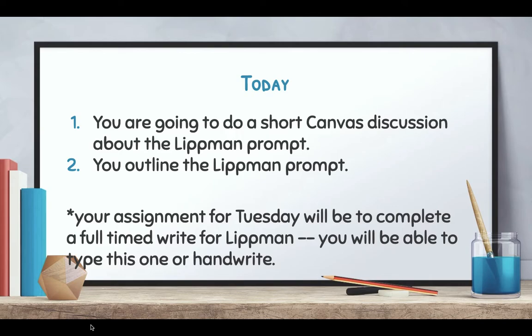We've done this a ton. Just at the bottom or on a separate piece of paper, you guys are just going to write what the topics for your body paragraph are going to be. Like I said, Tuesday you're going to complete the full timed write. You'll be able to type this one or handwrite. I think no matter what, there's going to be a typing option on that new 45 minute AP exam. So typing is going to be an option for us from now on, unless I hear otherwise tomorrow when I get an update.